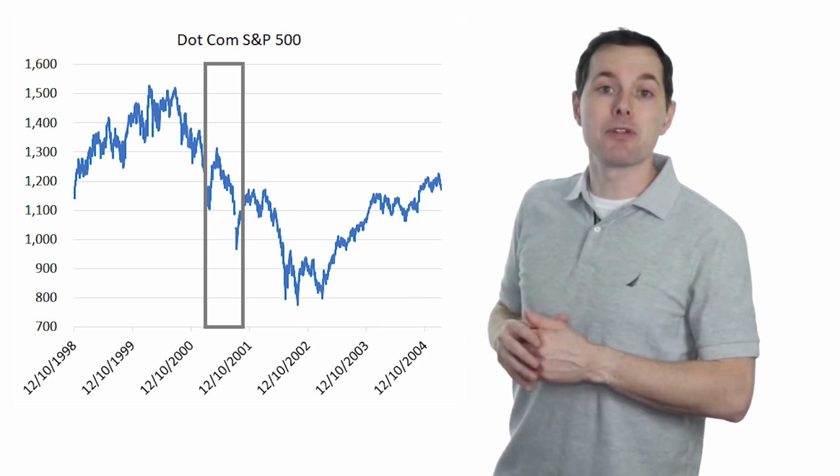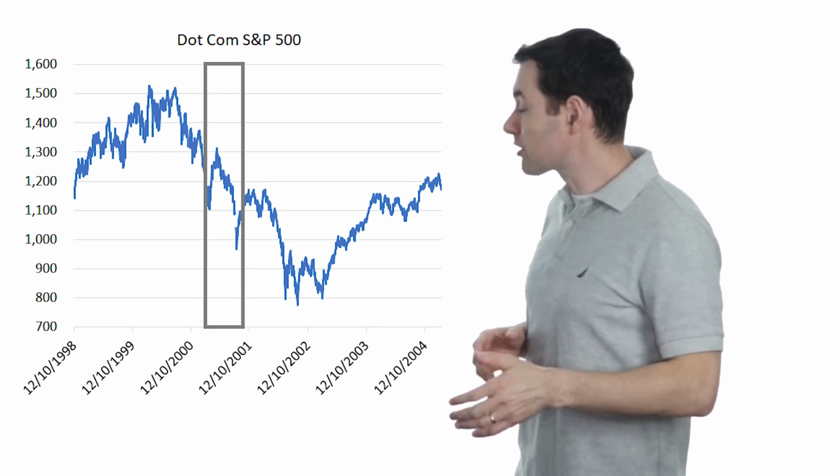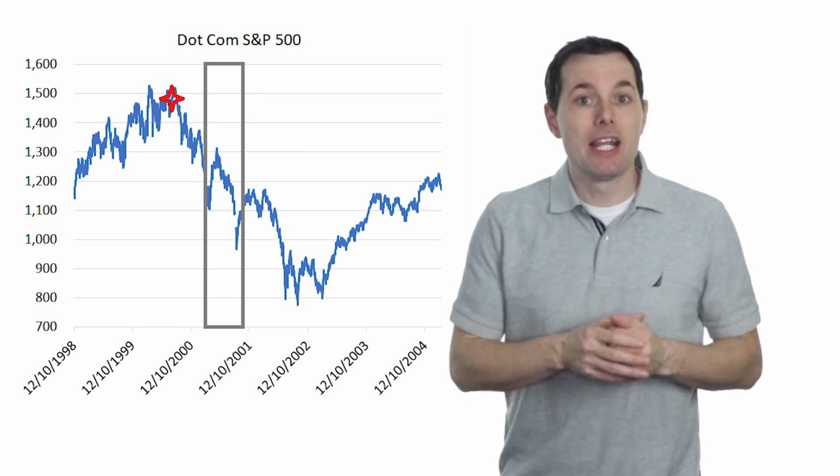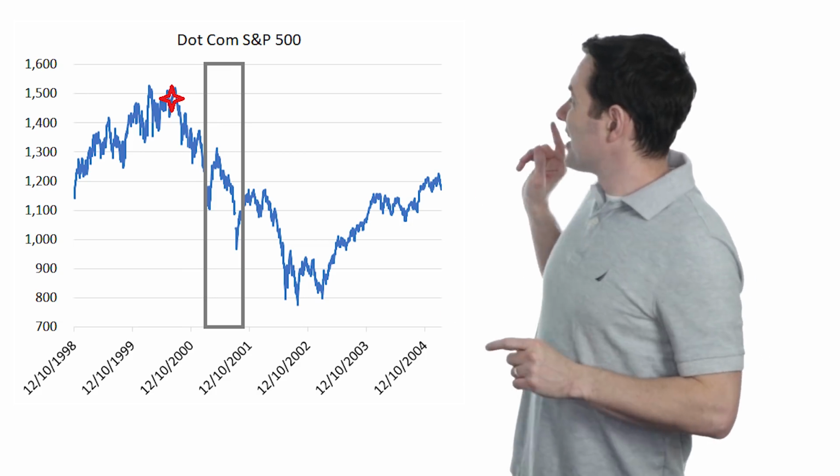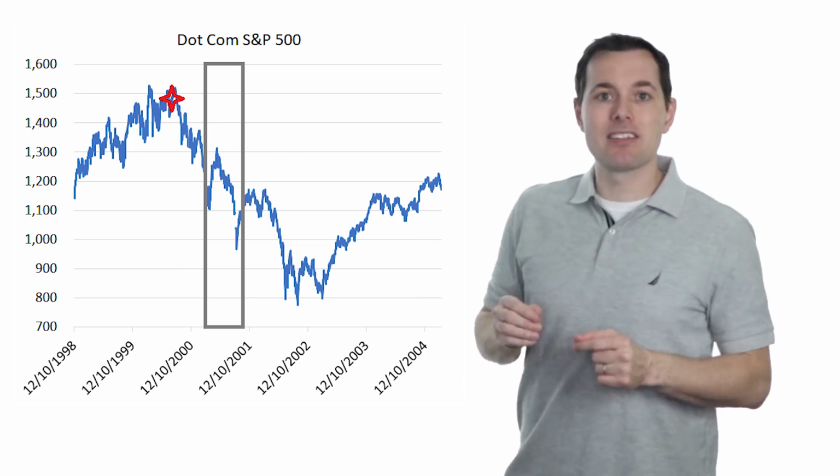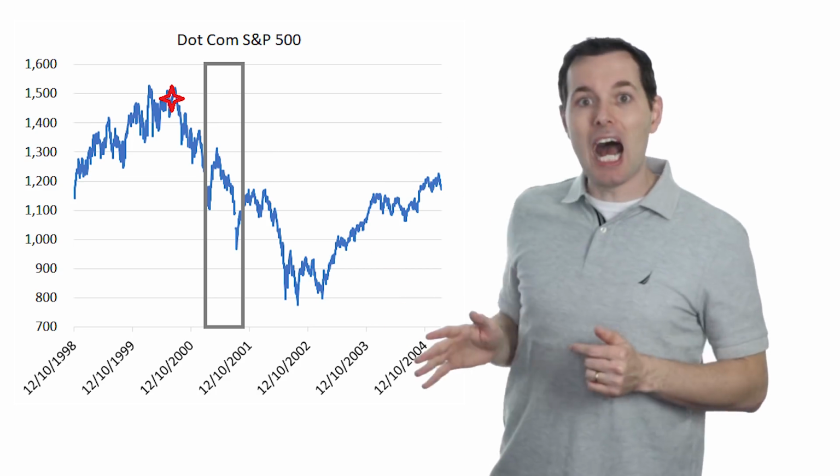Now, jumping over to the tech crash, this is the S&P 500 from that time. The economic recession happened right here, and the inverted yield curve came about right there. I think it's important to note, and you can't really tell in this chart because it's pretty compact, that it was just short of the high of the stock market when the yield curve actually inverted.